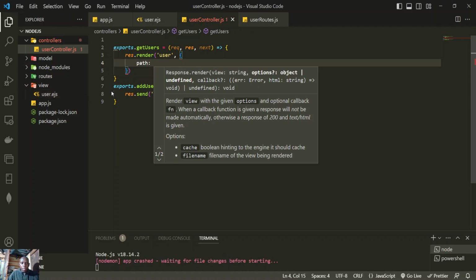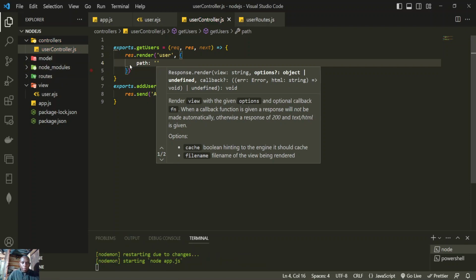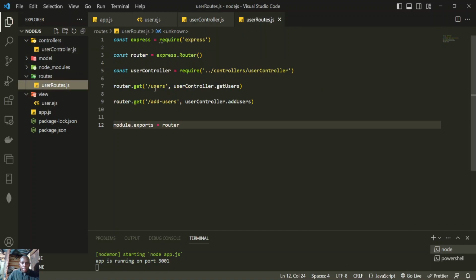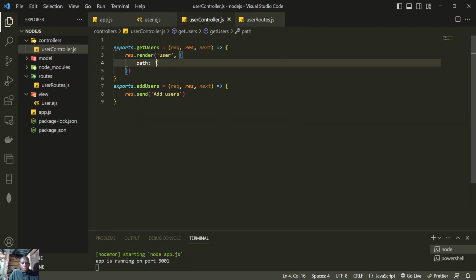This user view is the one that is going to be rendered when a user goes into this specific path. Now, remember, if we go back to the routes real quick, this get users action was being called whenever a user goes into the users. So always remember to double check your routes. That way you know which controller is getting called. So if you go back to the user controller real quick, now we need to add that path, and in our case it's